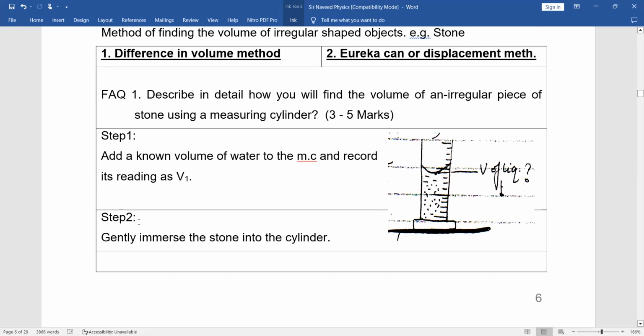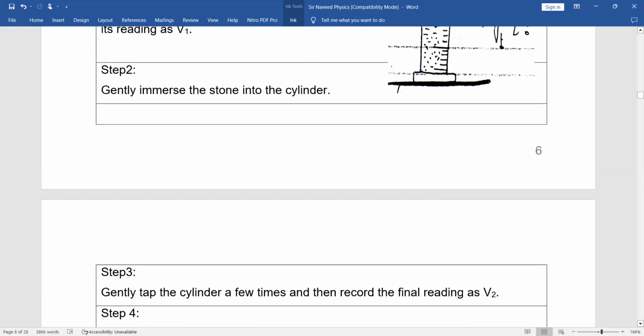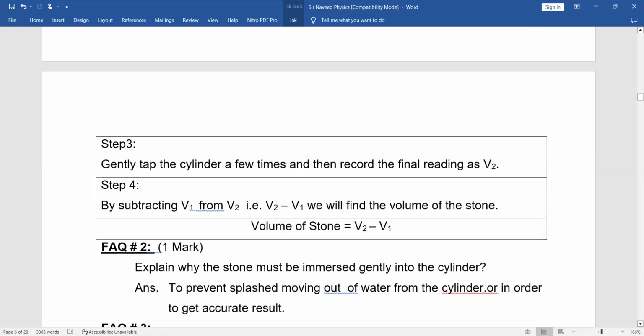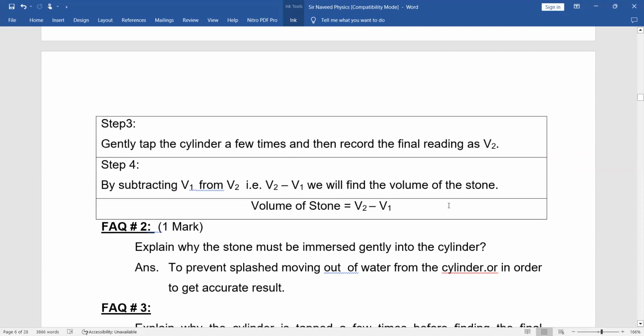In the second step, gently immerse the stone into the cylinder. आपने सिलेंडर के अंदर स्टोन को सिंक करवाना है, और इट शुड बी जेंटली. इसको आगे डिस्कस करेंगे. Then gently tap the cylinder a few times and then record the final volume or final